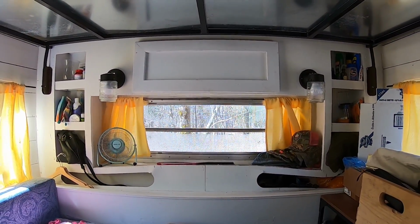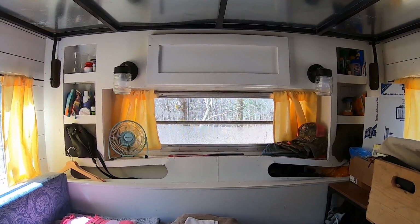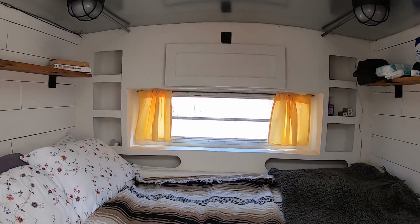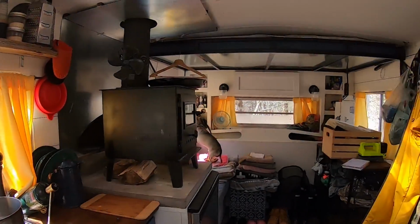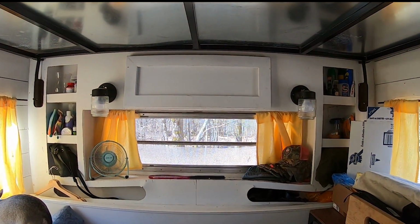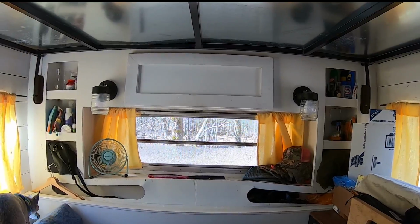One problem we did have, if you notice the bottom of the end caps here, right there. One winter we had come up, it snowed quite a bit. You can kind of see that the end caps are sagging. There was so much weight from the snow on the roof that it kind of squished the bottom of the shelving there, but we propped it back up and used some planks to